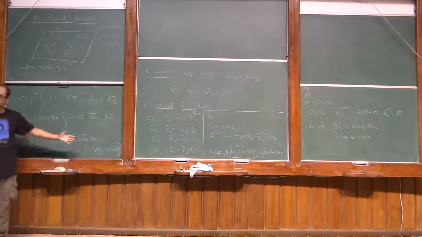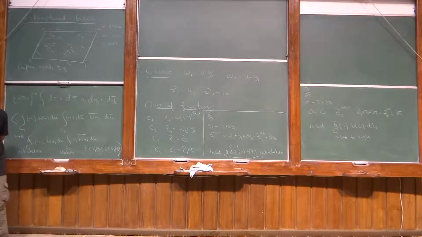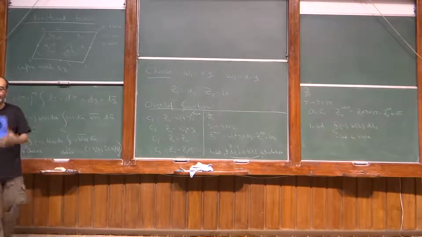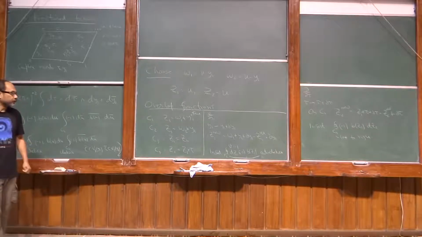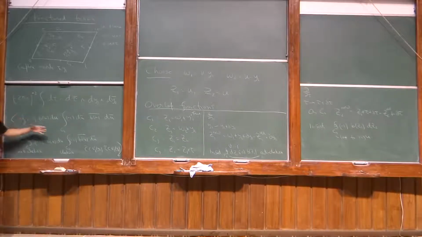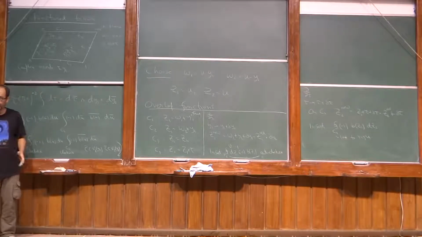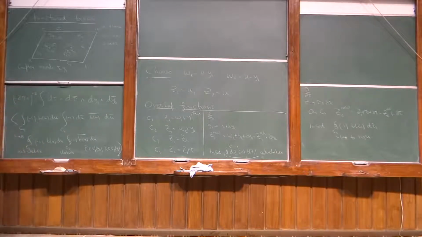I have not told you how to calculate correlation functions on higher genus Riemann surfaces. Right? I am assuming that somebody has told you how to calculate correlation functions on higher genus Riemann surfaces. And what I am giving you is how to calculate the string S matrix from those correlation functions. Okay? That this gives you a specific correlation function that you have to calculate on a higher genus Riemann surface and then integrate. Okay? So next week we will discuss how to calculate correlation functions on Riemann surfaces. Right now I am taking that as an input. Given the knowledge of correlation functions on Riemann surfaces, what is it that you have to integrate to get the final result?